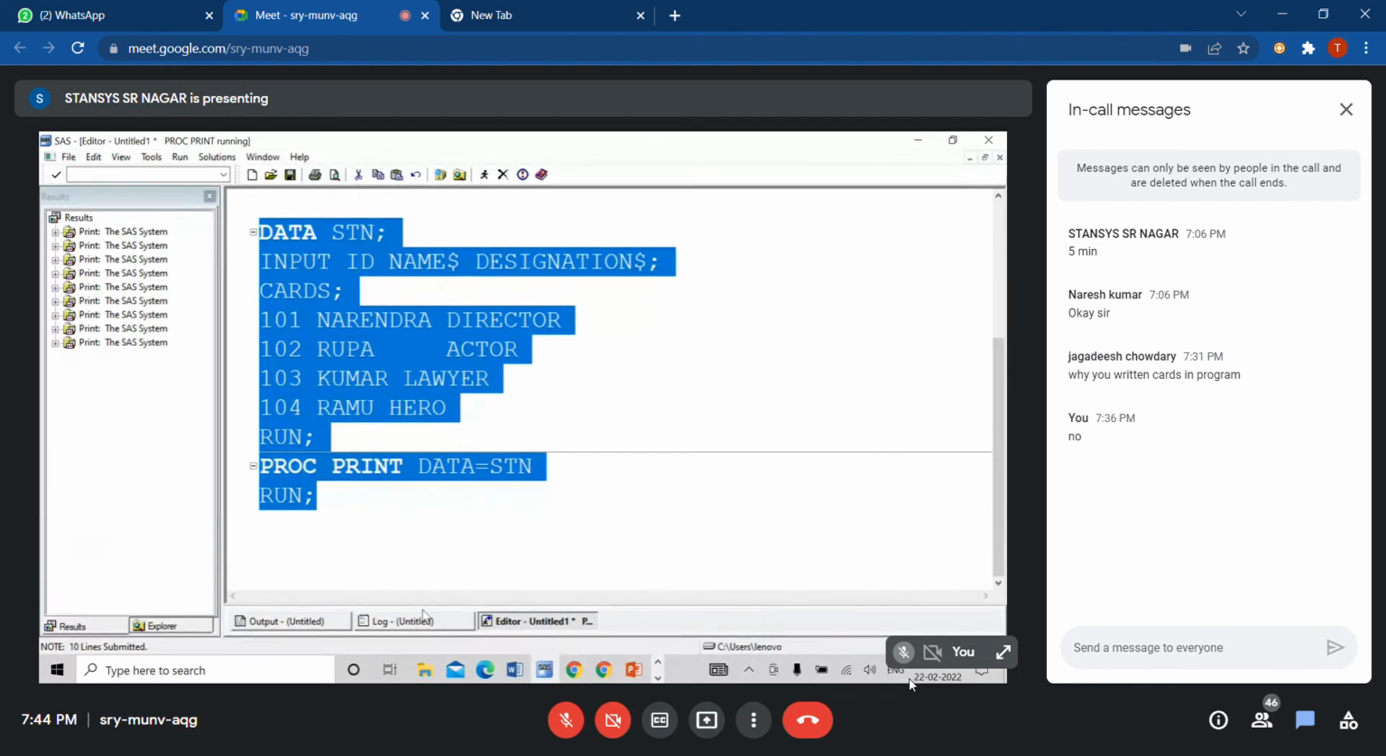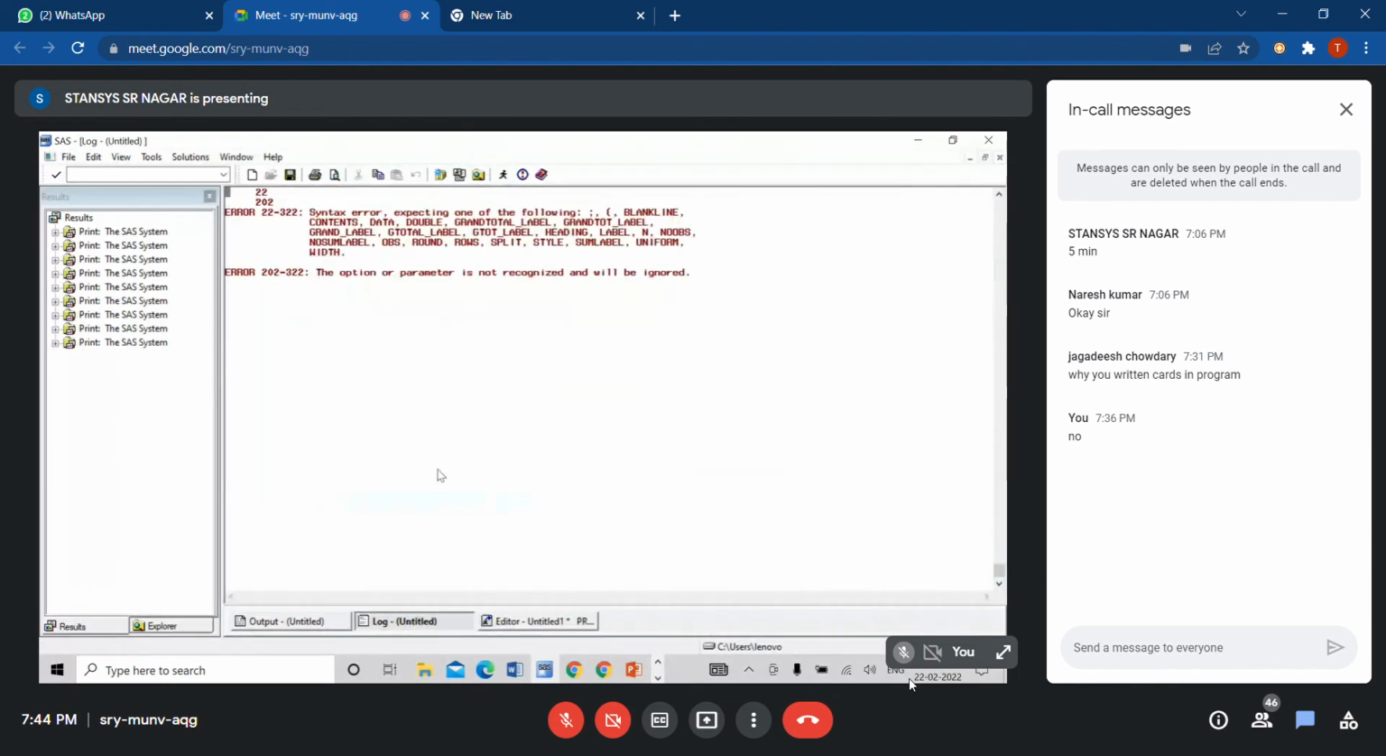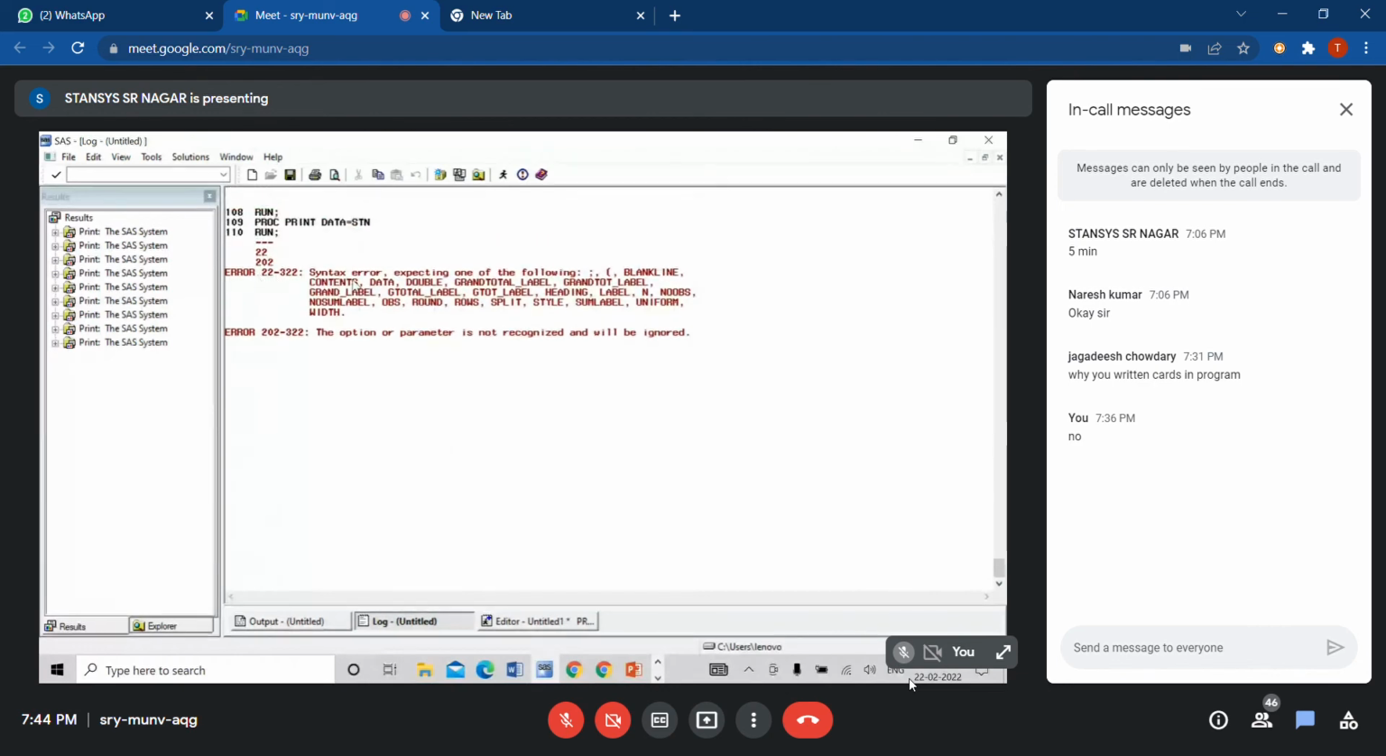We didn't get the output, right? Why? What is the reason? You can go to the log window and check it once here. One is the syntax error: expecting one of the following is semicolon. Understand, guys? Which type of error it is, what the error is,